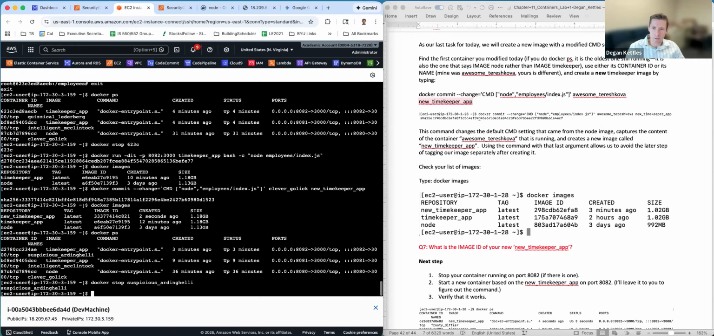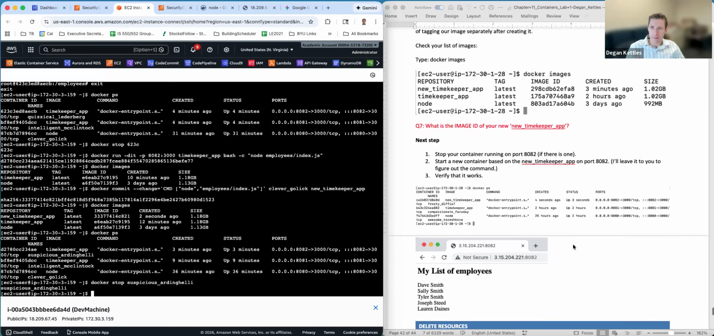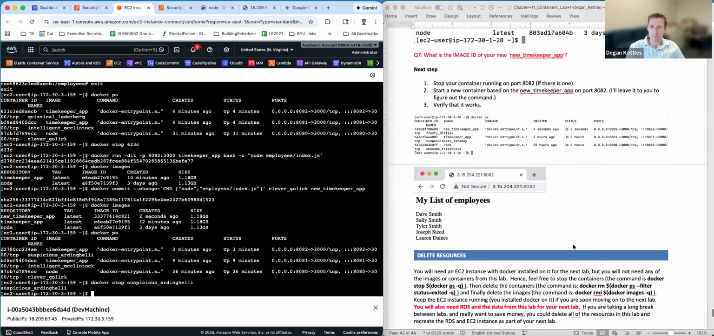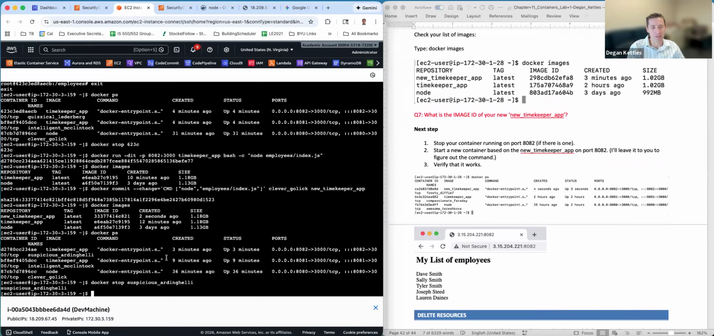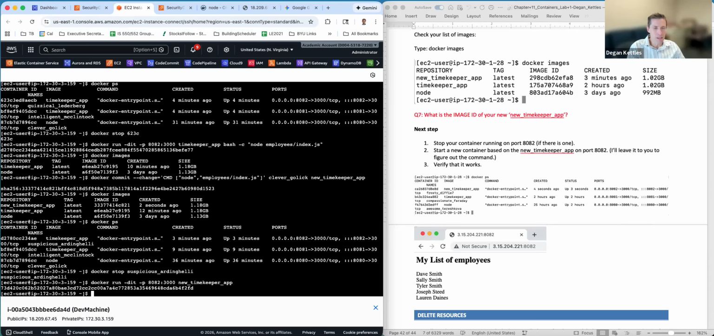And once it's going, hey, we made it to the end of the lab. So if we can remember how to do this, Docker run detached interactive terminal, port 8082 is attached to port 3000. And we're going to be running new timekeeper app. All right, so this is building from everything that we've just learned, and hopefully I didn't mess up anything. And if I do Docker PS,